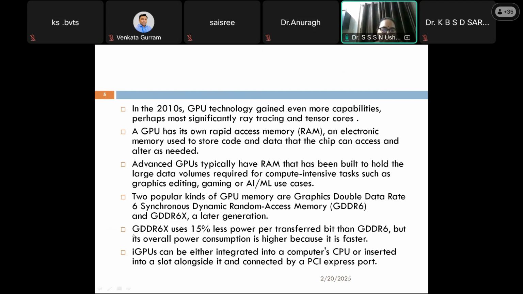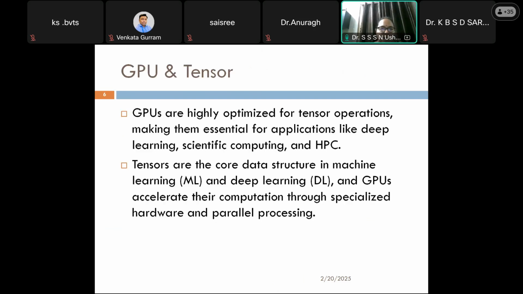Here there is one more term you can see, iGPU, integrated GPUs, which are just next to the CPU slot; there will be one GPU kept on the board. Just remember this PCIe; we will see the PCIe also. That's the interface connect. Through the interface connect only, the CPU and GPU communication is going to happen. So these are somewhat new terminology, right? Let us see them one by one.